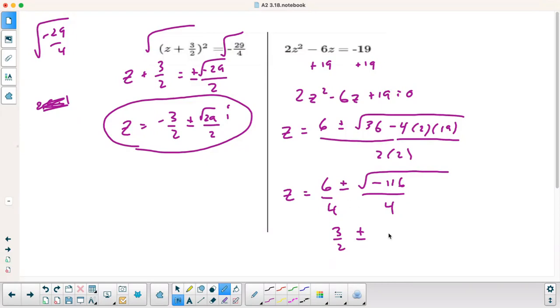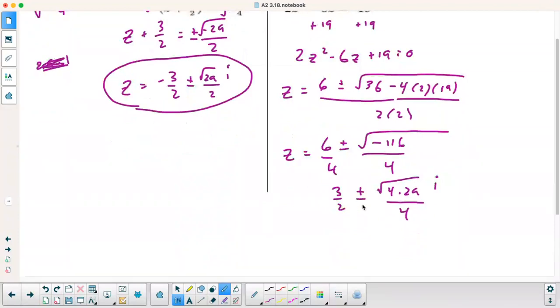It's divisible by 4, so I could rewrite this as 4 times 29, make the negative an i, and let's put this over 4. So pull out the square root of 4. So I end up with